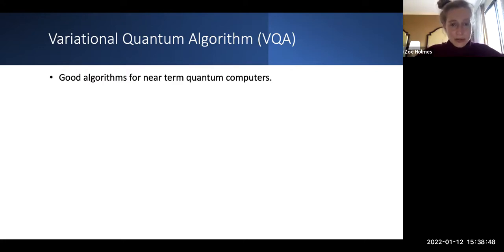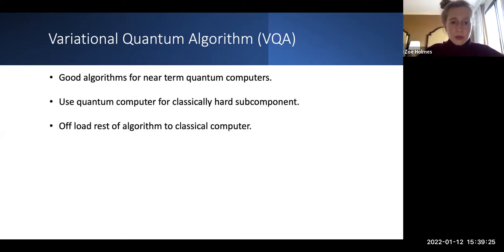So variational quantum algorithms are good candidate algorithms for near-term quantum computers. Near-term quantum computers are the kind of things that Google are building at the moment. They're incredibly impressive pieces of engineering, but if we're honest with ourselves, from a user's perspective they can be quite hard to use. So Elisa, for example, knows this very well. They are rather noisy, and they're certainly far too noisy to run error correction. And so we need to find ways of working with them despite their noise levels and, of course, small size.